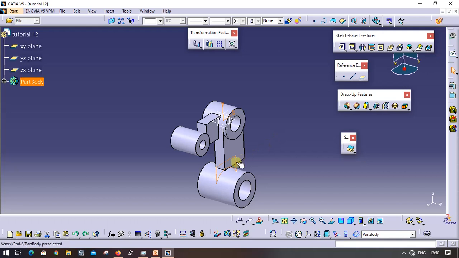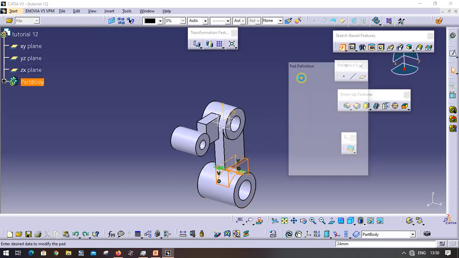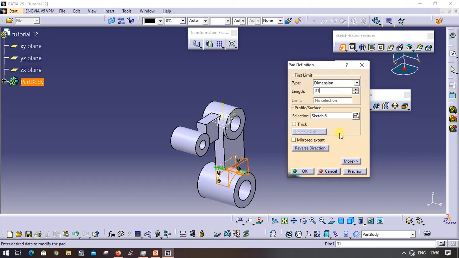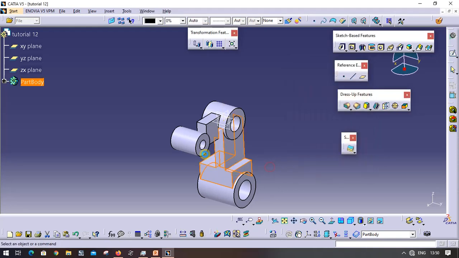So now we have to give the pad definition for this sketch. Go to pad, give the thickness as 31 and mirror extend. So it is going to be 62. Okay,